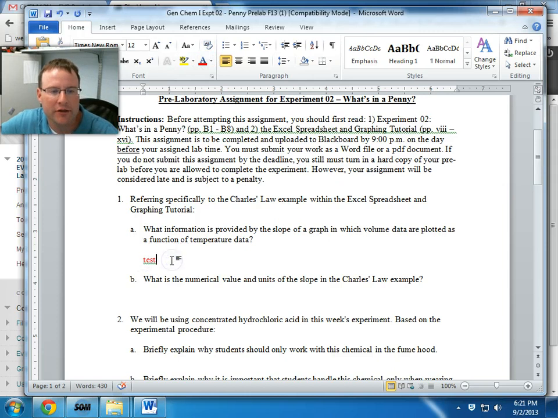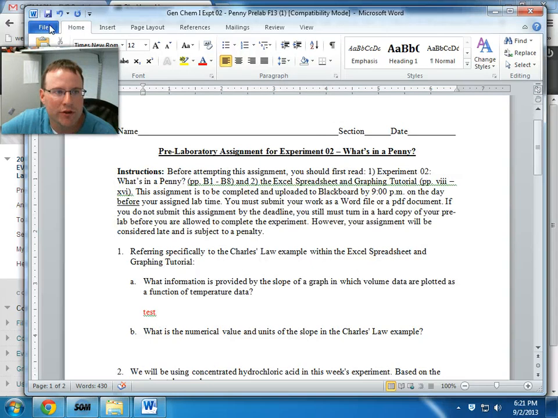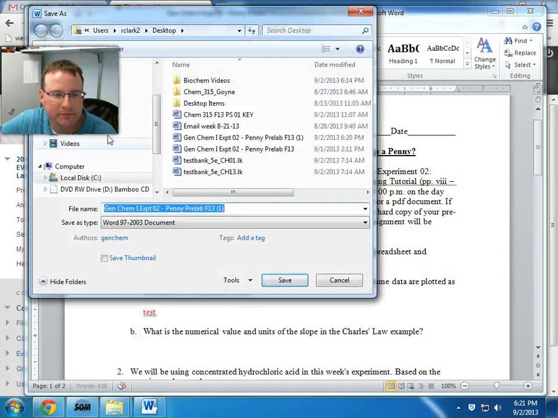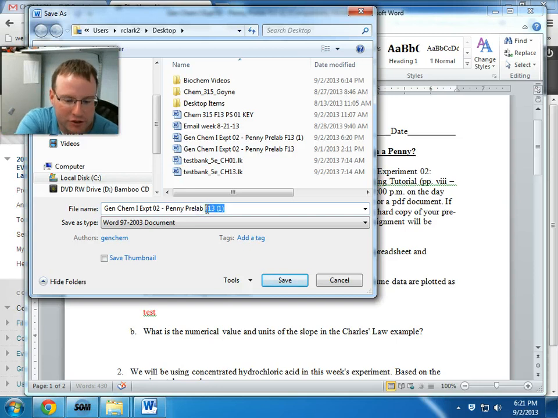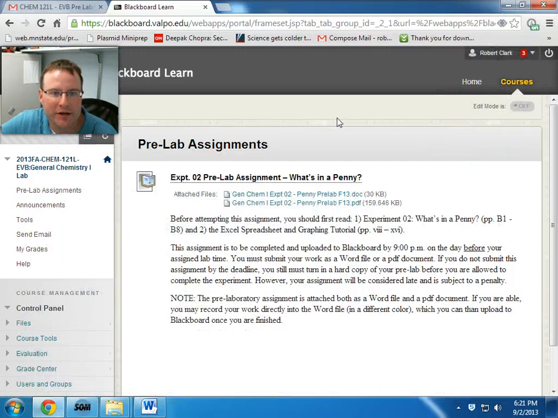But once you answer all of the pre-lab questions, and there's a front and a back to this, we'll then save the document, and I'm going to save this document as Penny Pre-Lab, and let's just call it Joe Student. Hit save, and now we're ready for the last step of the process, which is honestly